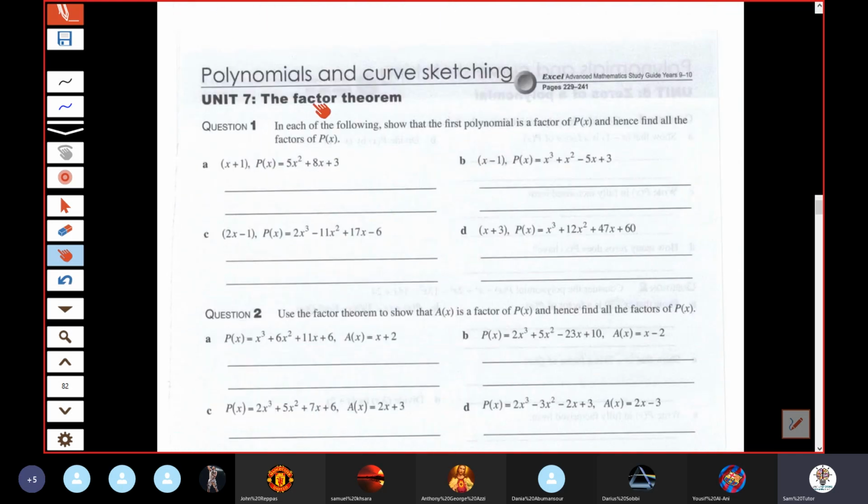The factor theorem. What does the factor theorem say? All right, well, let's read what the question is asking firstly. In each of the following, show that the first polynomial is a factor of p of x, and hence find all the factors of p of x. So this is a factor of this polynomial. So the first polynomial, maybe x plus 1, is a factor of this. All right, for it to be a factor,